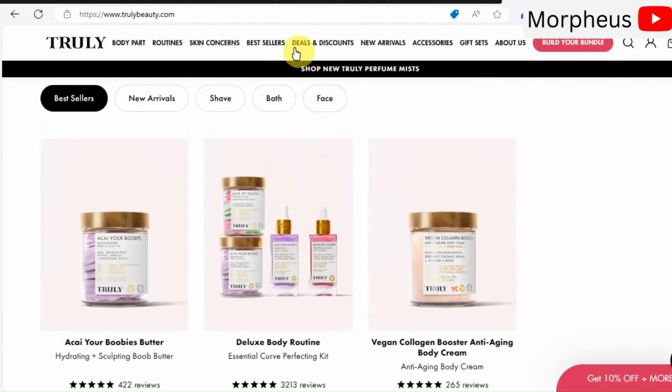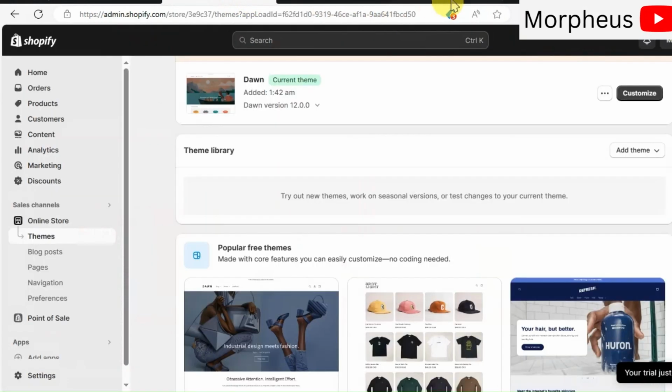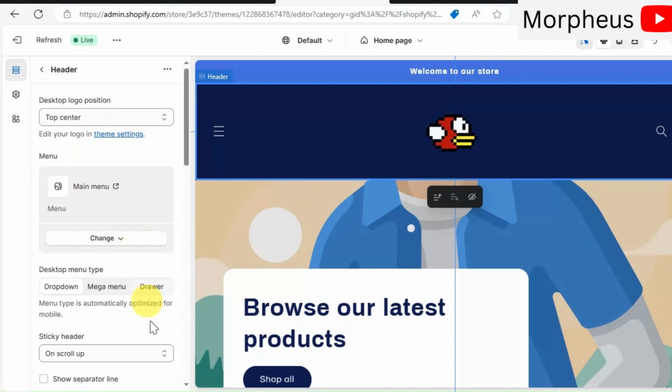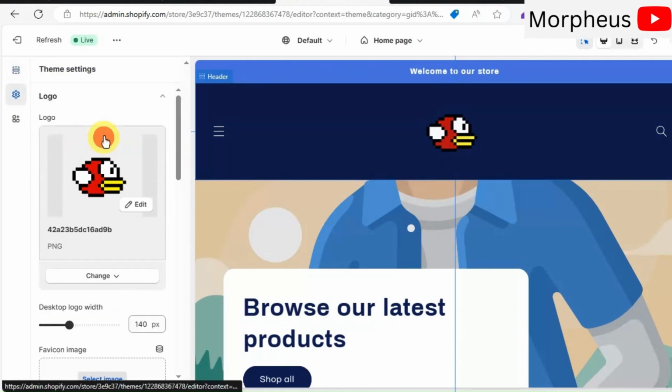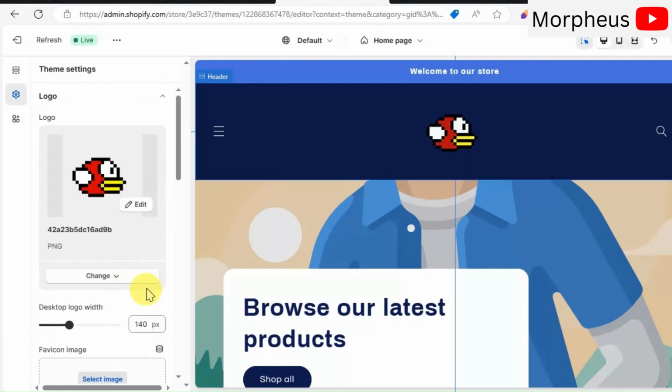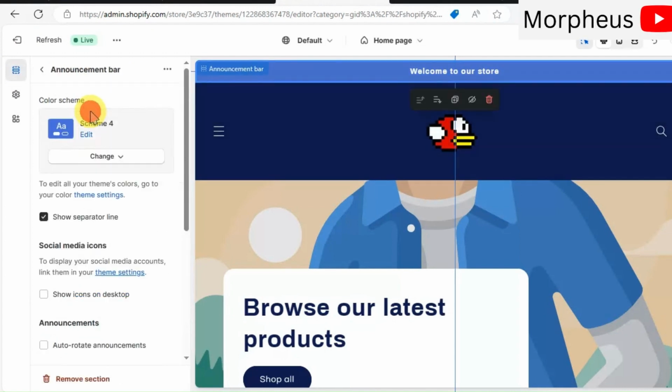Okay, so now back to our store's logo. If your logo's color is black, then you can upload a white version of that logo right here in transparent logo. That way, when you select a different page in your website, your logo's color will change with it. So now, you can go back to your homepage, select header, and scroll down to the announcement bar menu right here.